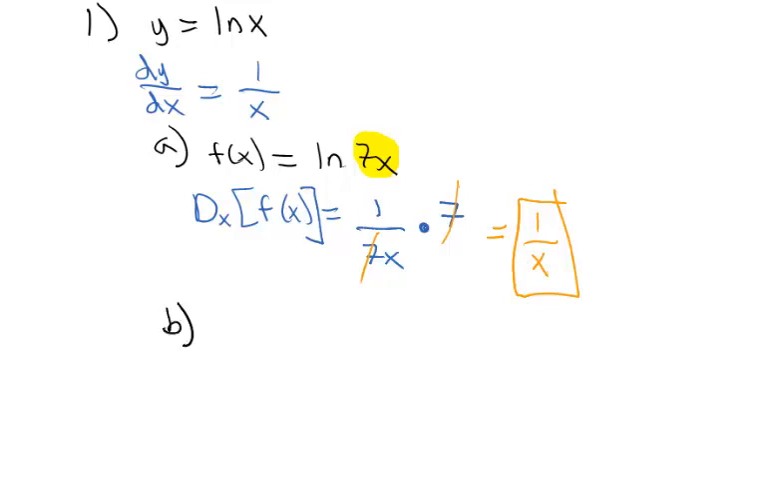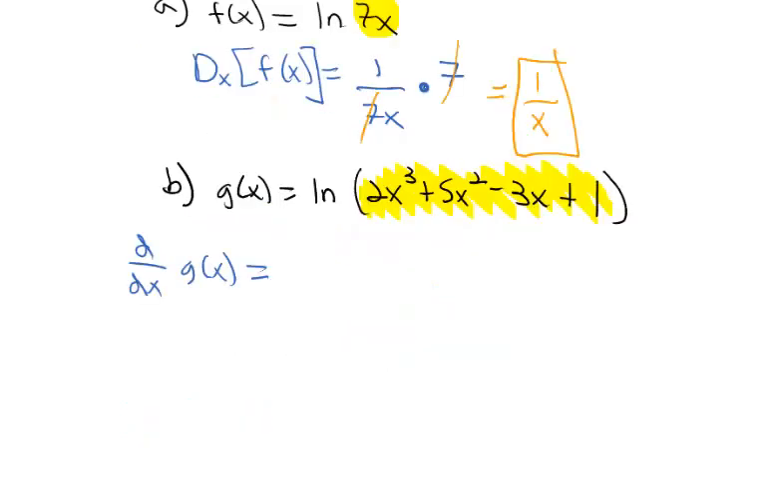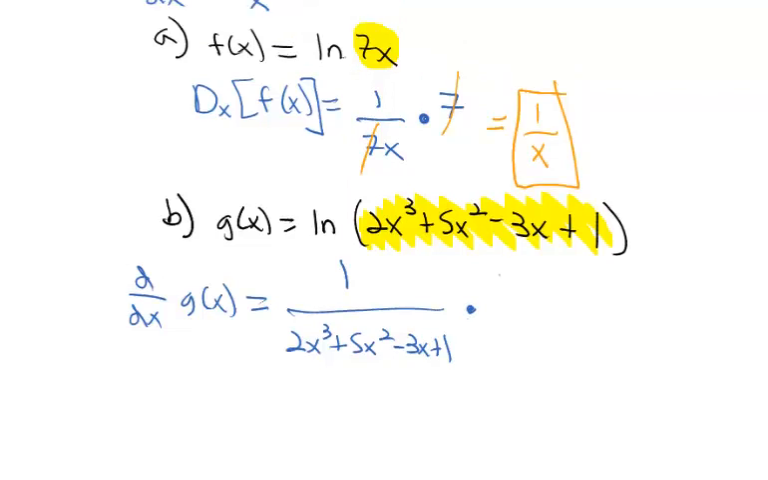How about this one? Let's say g of x is equal to the natural log of 2x cubed plus 5x squared minus 3x plus 1. Well, again, you'll notice we have some guts, all this stuff inside the natural log. The derivative with respect to x of g of x, then, is equal to 1 over the guts, 1 over 2x cubed plus 5x squared minus 3x plus 1, as long as we multiply by the derivative of the guts. And the derivative of that polynomial, bringing the exponents out front, we've got 6x squared plus 10x,